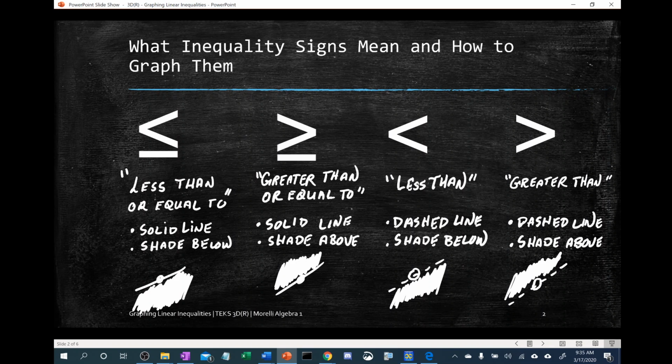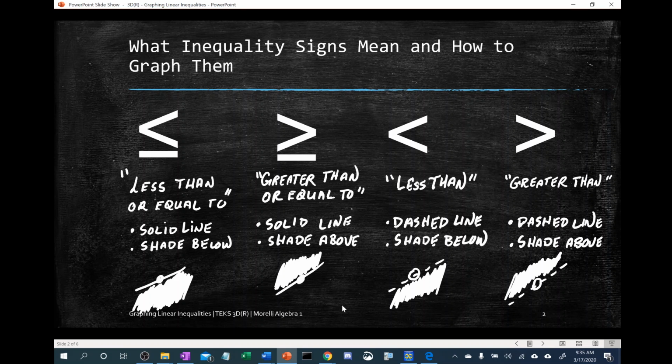below. The next symbol, kind of flipped from the previous one, means greater than or equal to, again with the line indicating equal to. And that equal to means that you're going to have a solid line, and because it says greater than, we'll shade above. You can take a look at this little sketch right here to see what I mean by